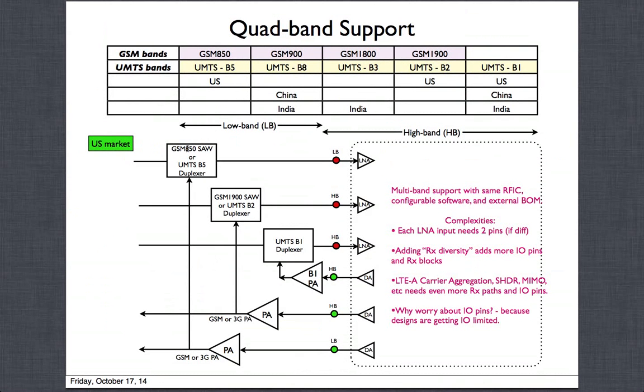So the message I'm trying to say is, if you do 2G support, right, 2G is an older technology, it is still necessary, so the phones have to still support it because a big part of the world is still 2G. So 2G needs SAW filters, and there is a big push right now to become SAW-less. The industry has solutions, they're just refining them more and more, where even for 2G they can get rid of the SAW that filters those far away strong blockers that I showed earlier, right?